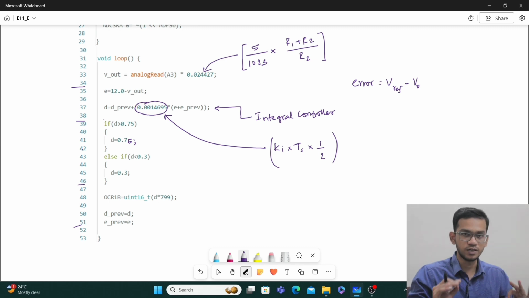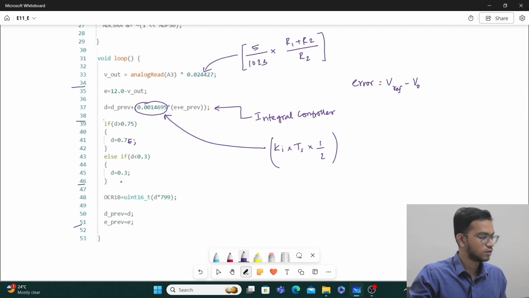Now my duty ratio is ready. It's a mere number lying between 0.3 and 0.75. It is a decimal number. Now I want to make this produce a PWM for me, so I am typecasting it. This process is called typecasting. I am typecasting it